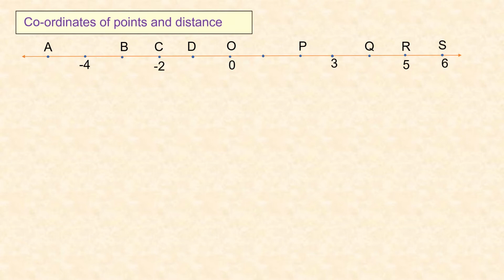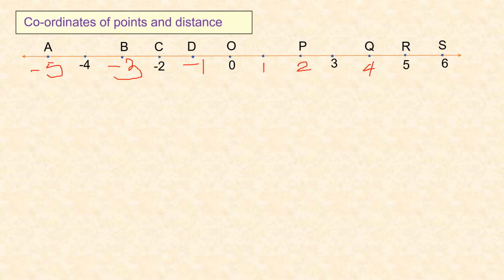to write the coordinates. This is 1, coordinate of P is 2, Q is 4, D lies on the left hand side, therefore D is equal to -1. Coordinate of B is -3 and point A coordinate is -5.